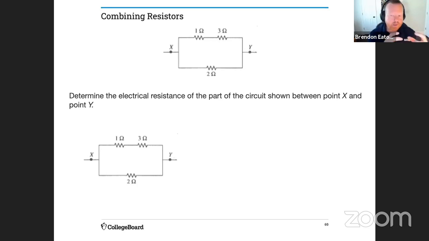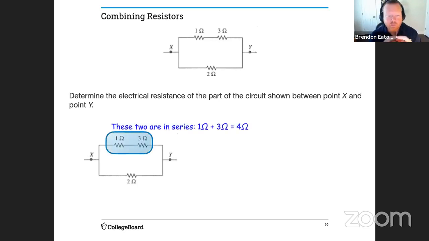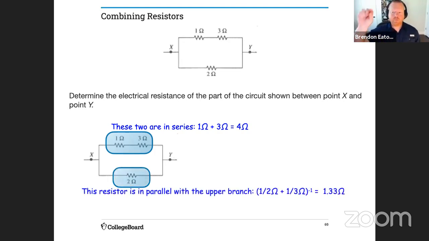So notice that the 1 and the 3 ohm resistor are in series with each other. And if they're in series, I know I just have to add them up. That's all you do. That's 2 straws together. I know it's more resistance, so the number should be larger than either of those 2 put together. I didn't show it on the screen, but I do like to redraw that diagram with a 4 ohm on the top and a 2 ohm on the bottom. So that bottom resistor then is in parallel with that upper branch. To find the effective resistance, you would take 1 over the bottom resistor plus 1 over the